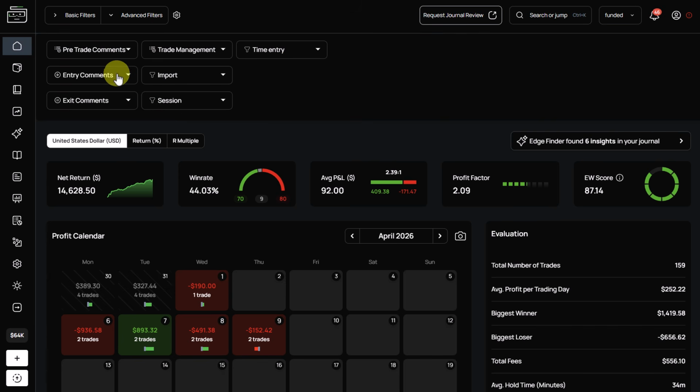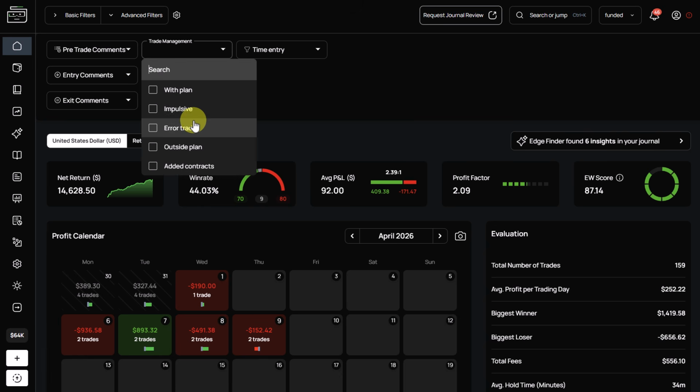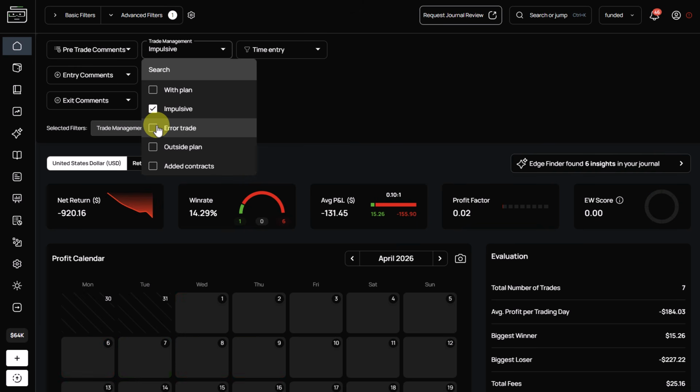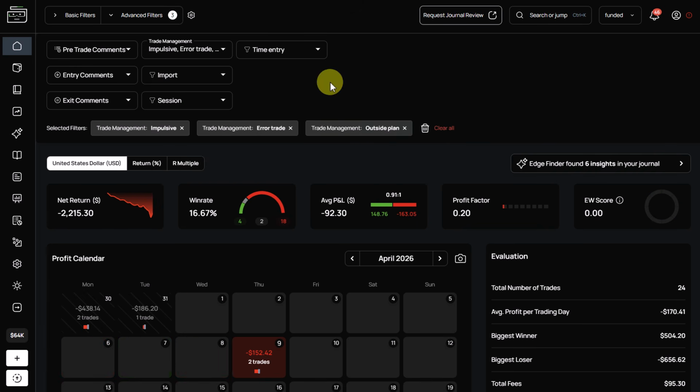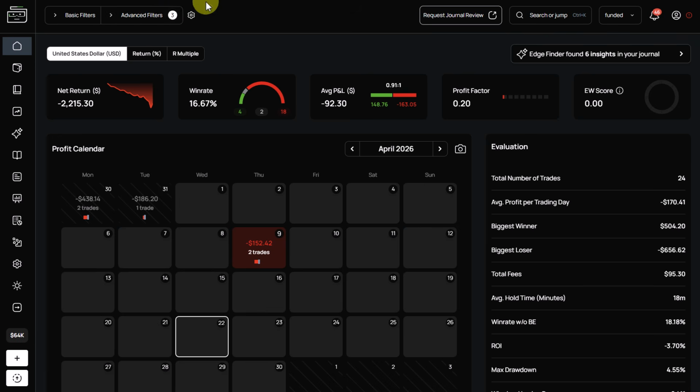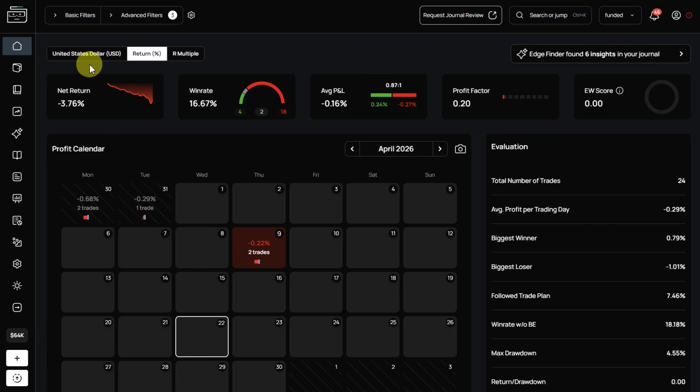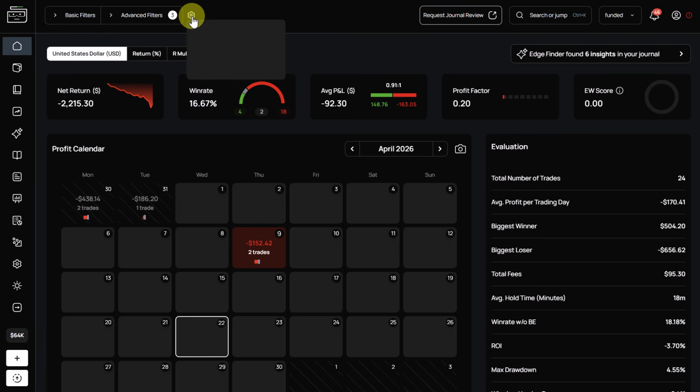So what you can do is you open the advanced filters, and he said it is here. So we can see impulsive, error, and outside of plan. Those are his negative comments. And you can see he's losing quite a bit of money, 3.76%. Doesn't sound too bad at the moment, but let's see if we include this, and then we are only